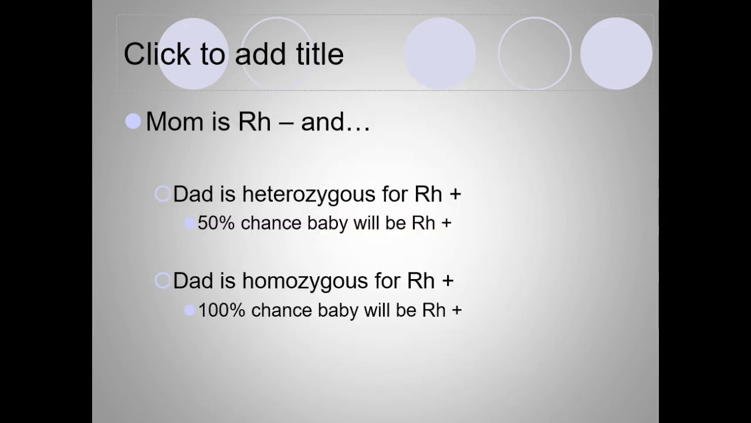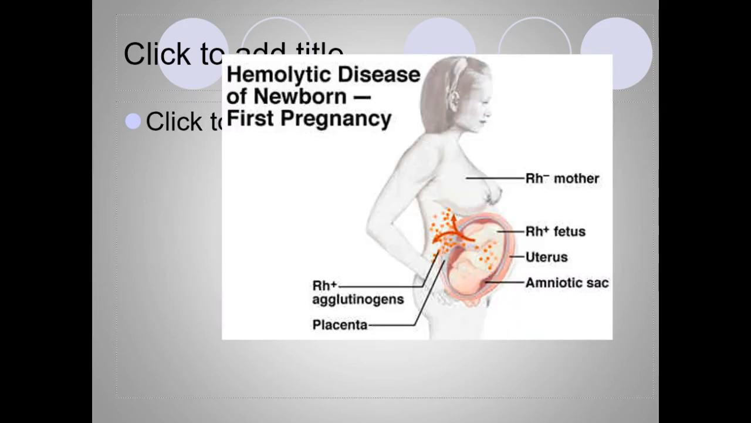So this is when mom is Rh negative and dad is heterozygous. That means dad has a positive and a negative. For Rh positive, there will be a 50% chance the baby will be Rh positive. But if dad is homozygous for Rh, meaning the dad is positive, there's a 100% chance that the baby will be Rh positive. So hemolytic disease in the newborn,